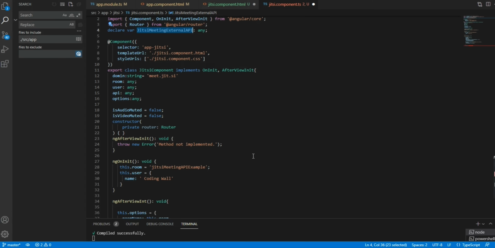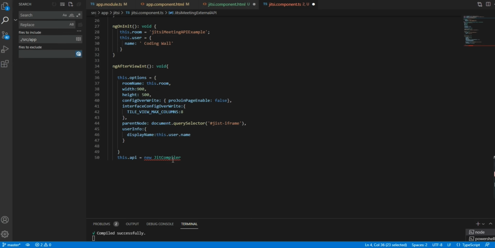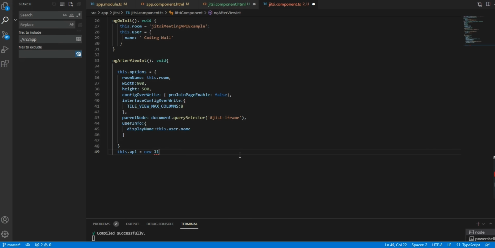Okay, options object. Now we will write this.api. We need to mention API, right? So here we will give new JitsiMeetExternalAPI, we will copy this external API.